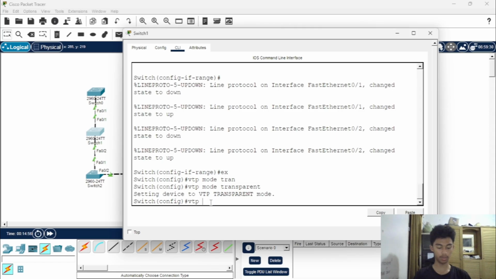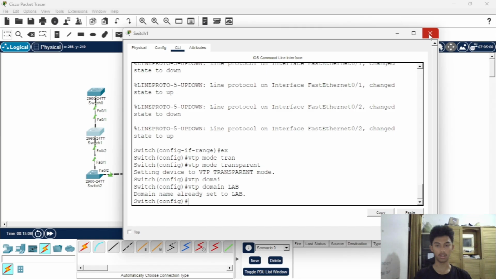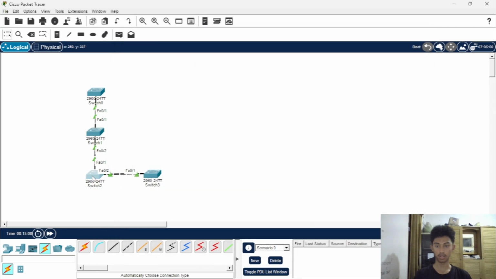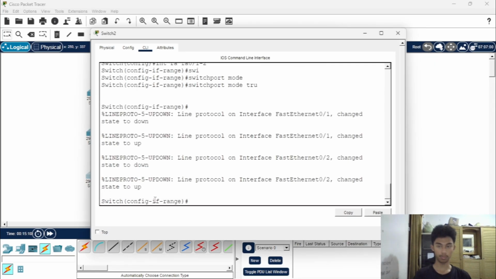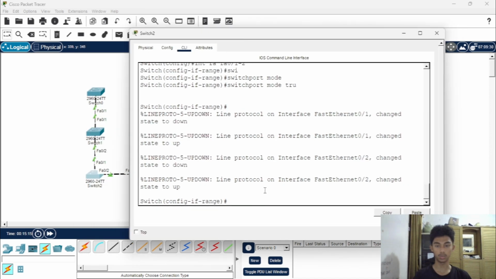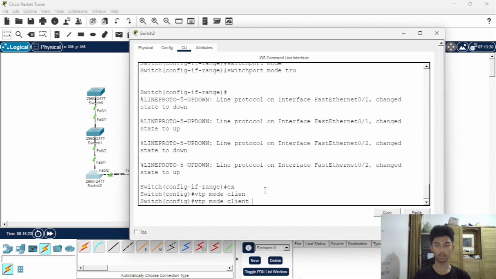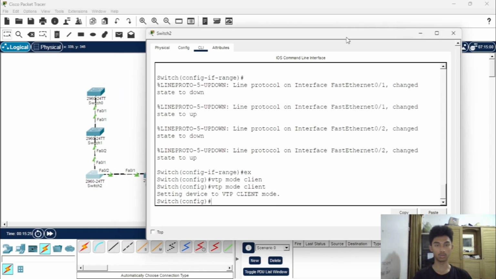Okay, VTP mode, VTP domain web, and then repeat the same command for the last switches. And VTP mode we use client for the last two switches.